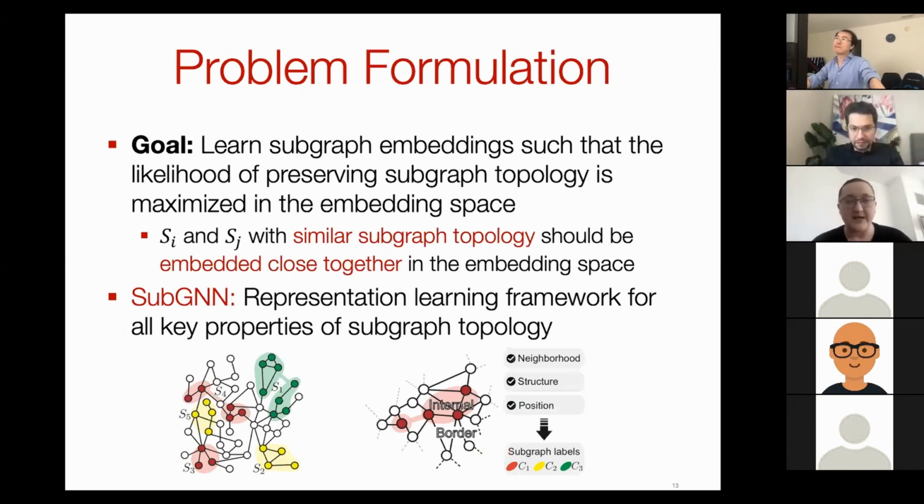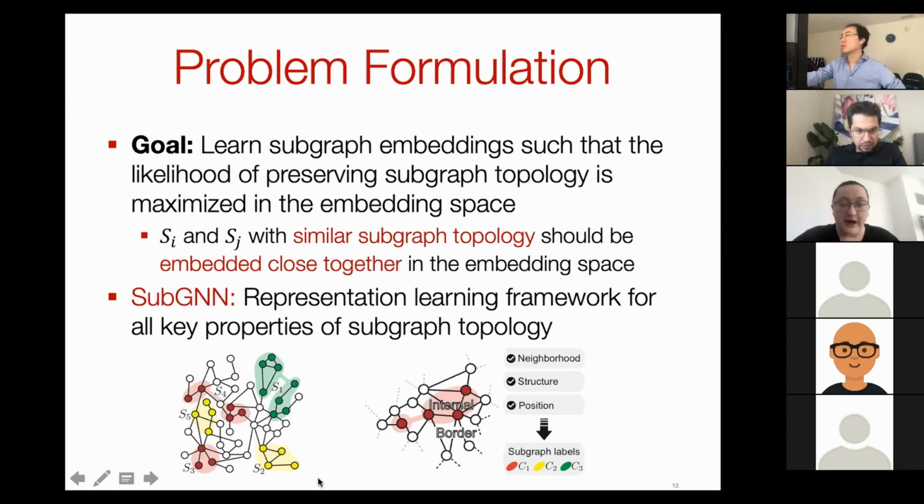So how exactly do we do that? Our goal is to have a method that will learn subgraph embeddings such that the likelihood of preserving subgraph topology is maximized in the embedding space. What that means is, if I have two subgraphs S_i and S_j that have similar topology, they should get embeddings that are also similar. Those two subgraphs should be embedded close together as points in the embedding space. SubGNN, or subgraph neural networks, are a new representation learning framework that can achieve exactly this goal, that can learn and generate embeddings for subgraphs, such as shown here in this example at the bottom of the slide, where we have the graph which is sprinkled with